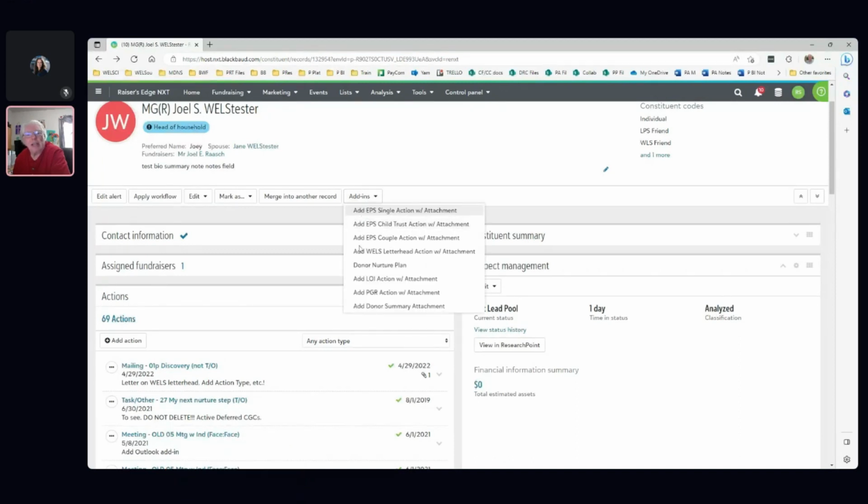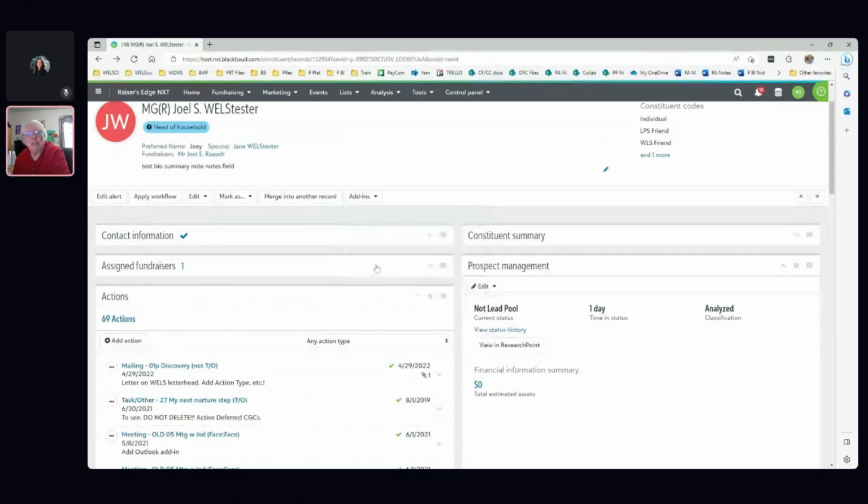But you'll see we have a series of 8 different letters here. It's a simple process for the user. You click a button, you wait a little while, and behind the scenes Power Automate is running. It's grabbing a Word template that I created. It's pulling in data from this specific record, and it's creating a word merge document. And if I get a little green box here, and there it is, that means things worked.